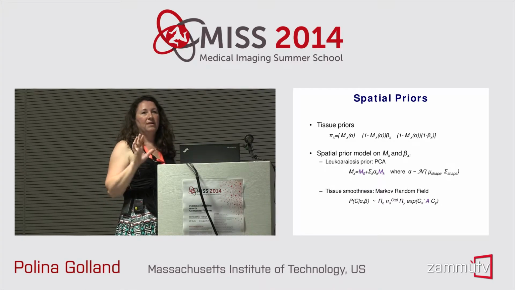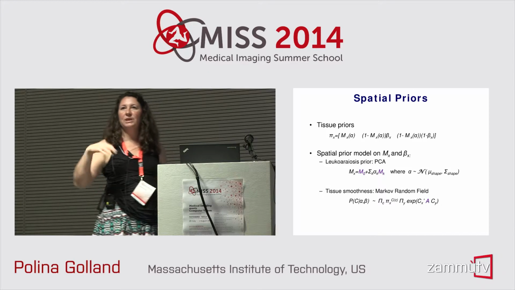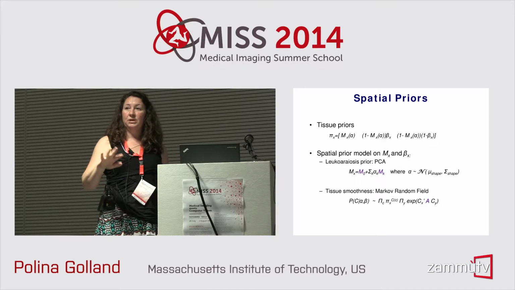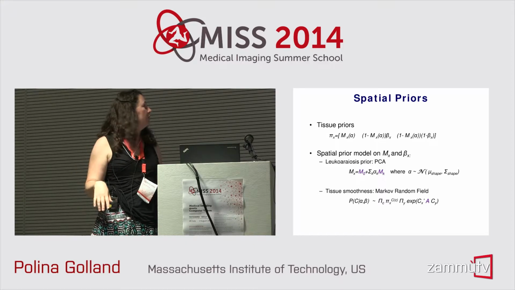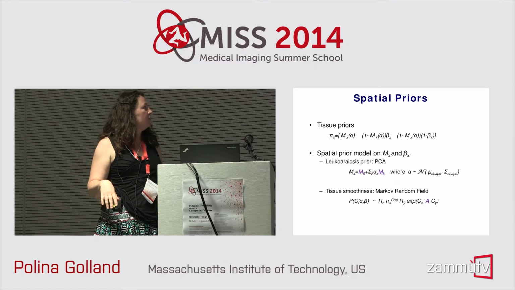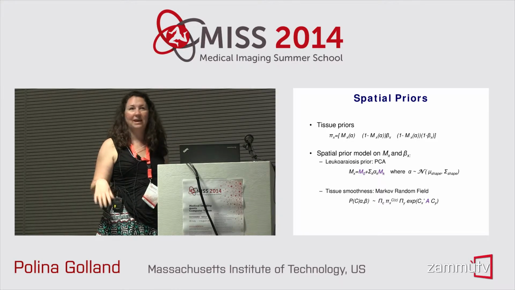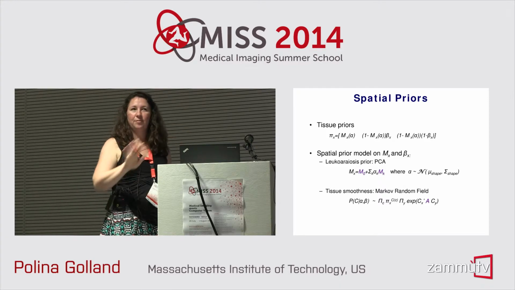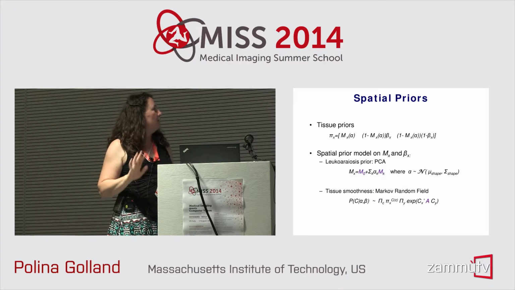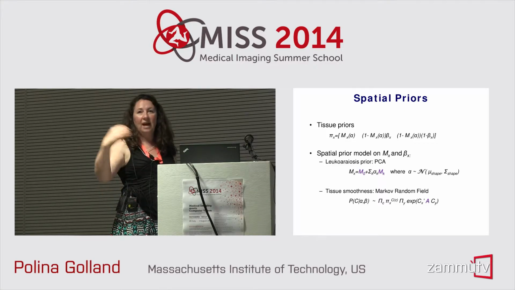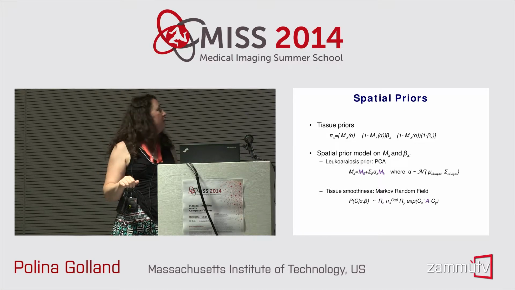And so there are two parts to it in some sense when you're going to implement this. One of them is when you're doing segmentation of a new image. When you're doing segmentation of a new image, these purple terms, the mean and the eigen-leukoaraiosis maps, are fixed. They got learned before we started. And so my model is that this MX is a linear combination of the eigenvectors that I estimated before, and